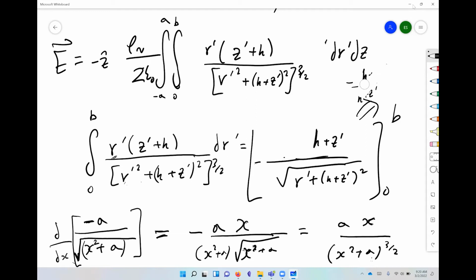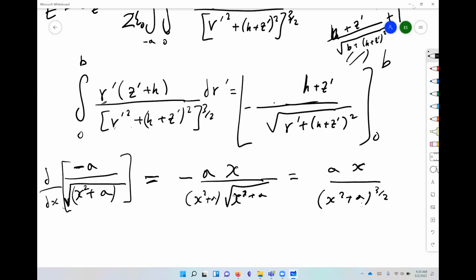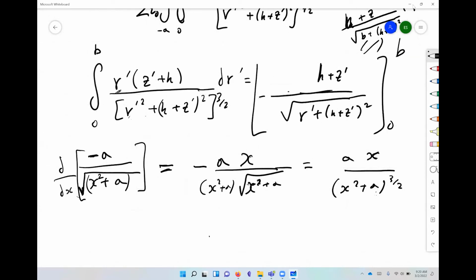So at b, this is going to be h plus z prime over square root b plus h plus z prime squared. Minus becomes plus. At 0, it's going to be h plus z prime over h plus b prime, so it's going to be 1, right? So the result of this integral is going to be 1 minus